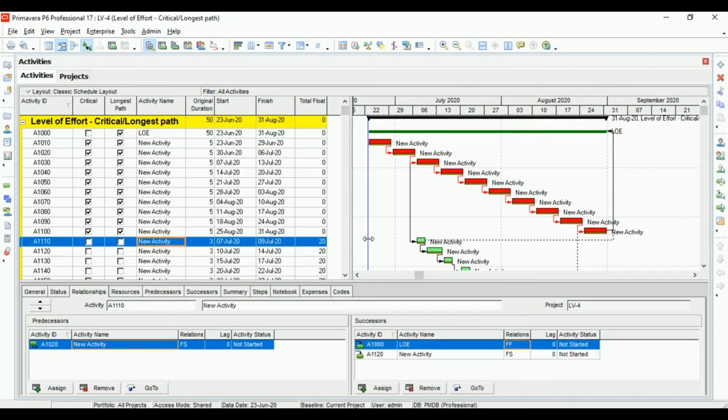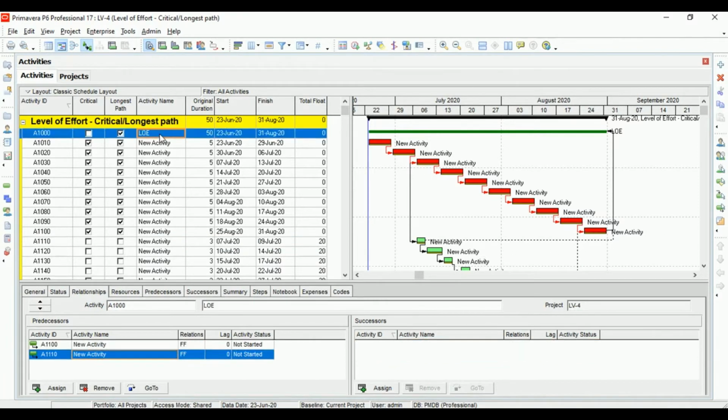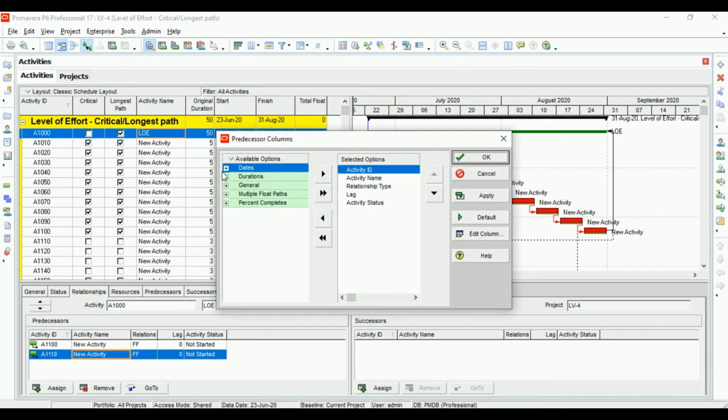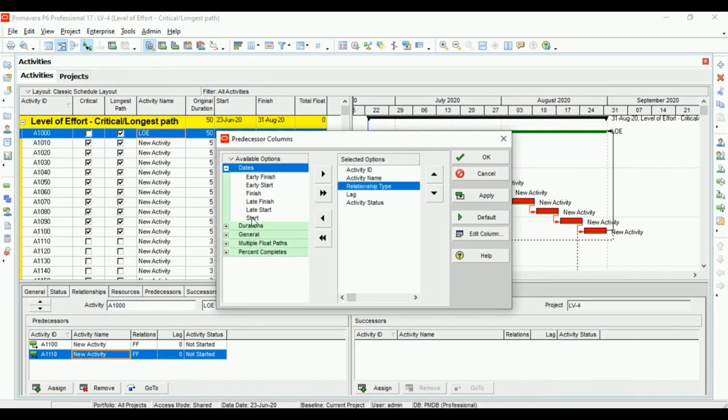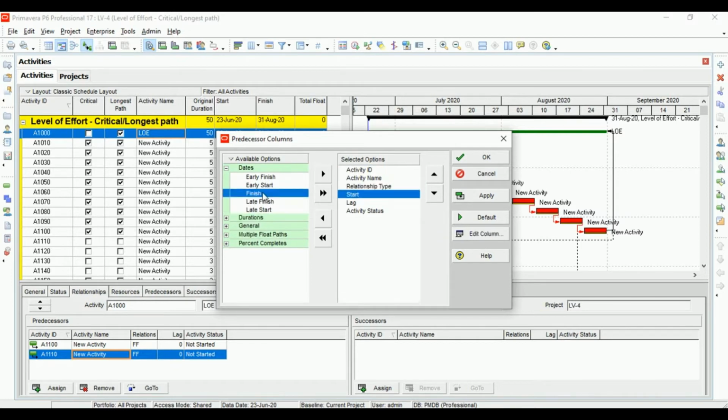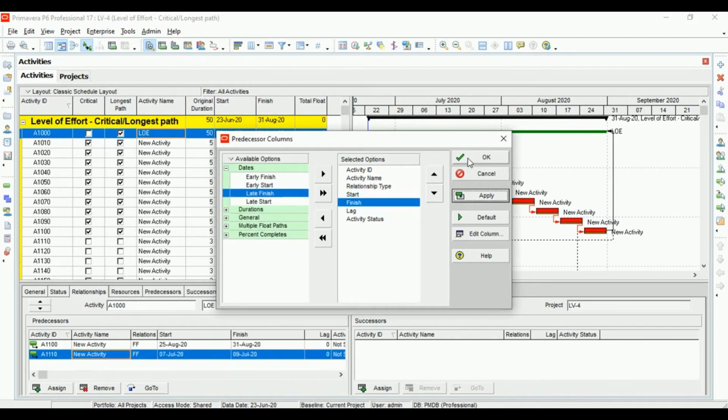So this activity is no more in the longest path, but this activity is in the longest path. I think there is something we need to look at over here. Let's add the dates: start date, finish date, apply. Okay.